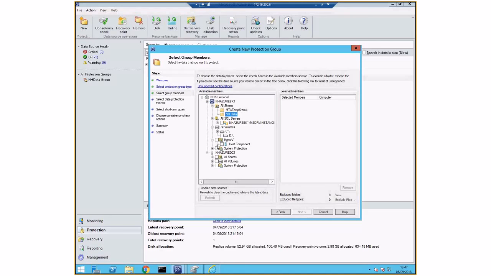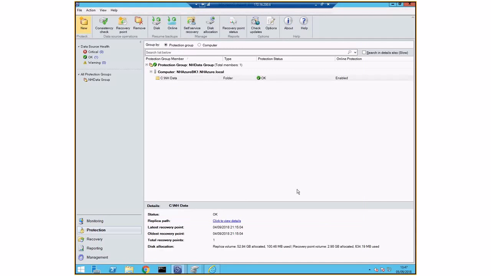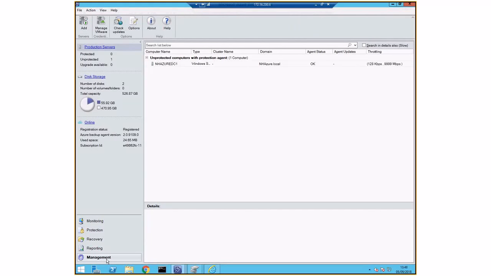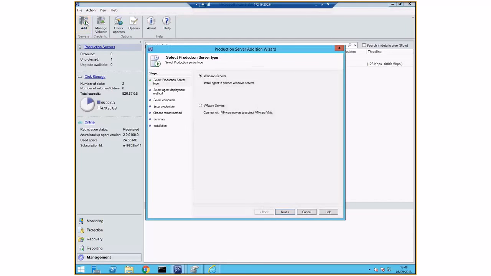That will be the step-by-step for you to run the backup, and then next, and eventually finish the backup. The other option is if you are looking to get a backup from a server you haven't registered yet. What you need to do is go to the bottom of the left-hand side, click on Management, and as you can see here, I have the NH Azure DC1 already registered. If I click on the top left, on Add, there you go.